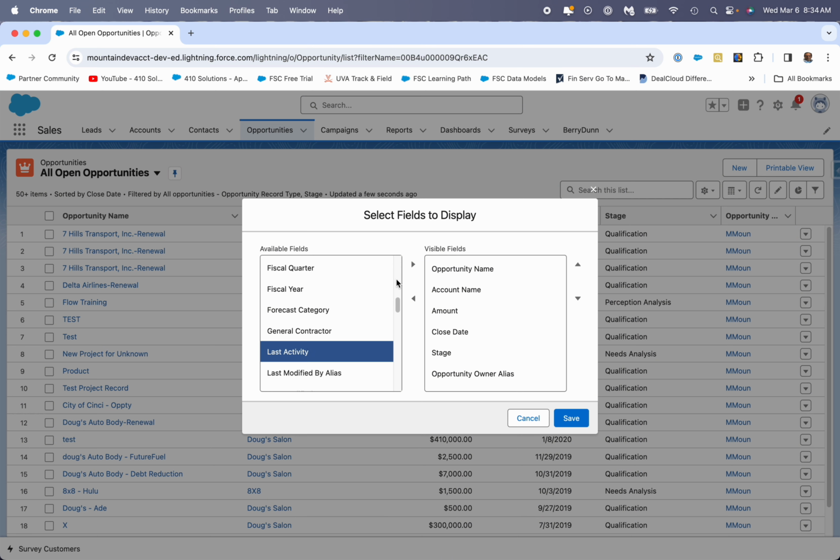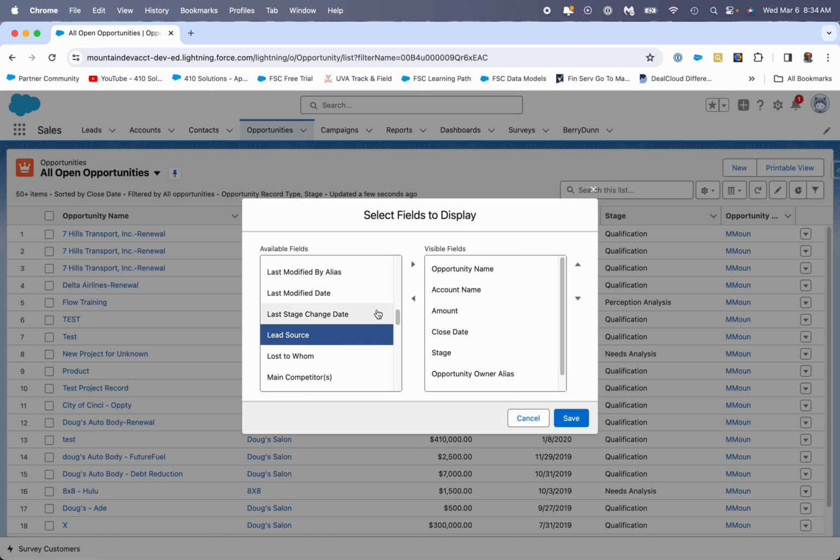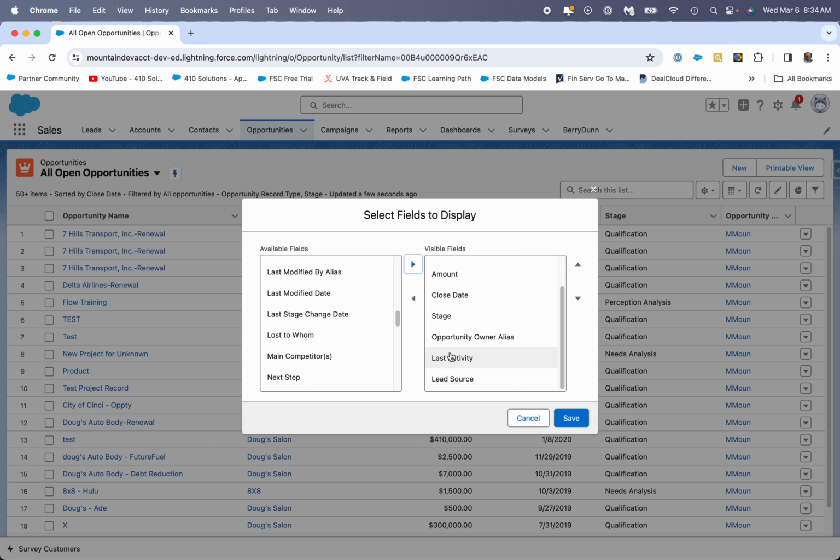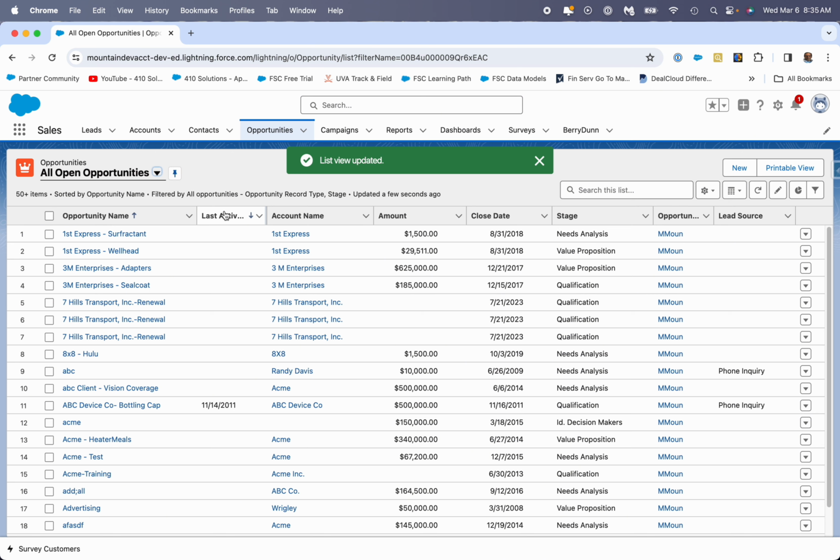So I want last activity and I want lead source, for example. Now, what I can also do is arrange where they are. So I want last activity to go all the way up here, right next to opportunity name, and we'll leave lead source at the bottom. So when I do that, now we can see here's last activity and here's lead source. So that's how you add fields to a view.